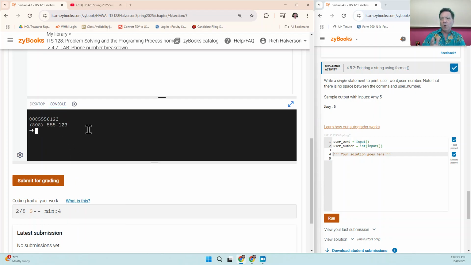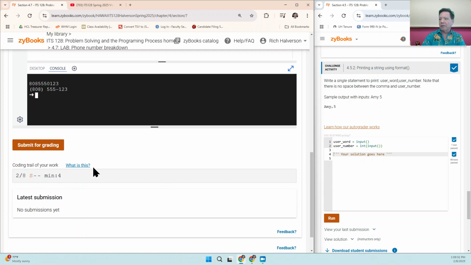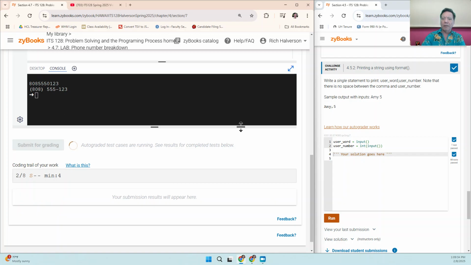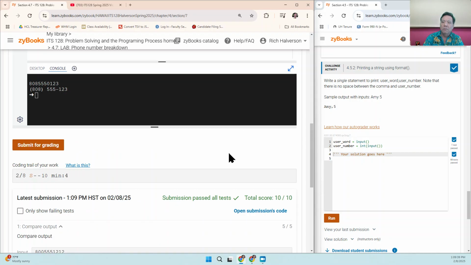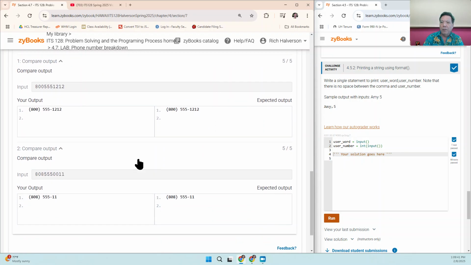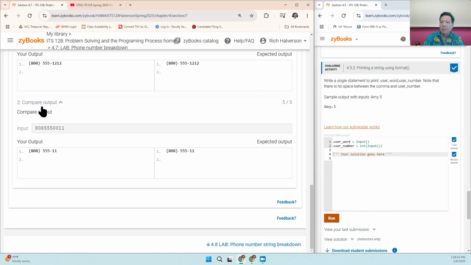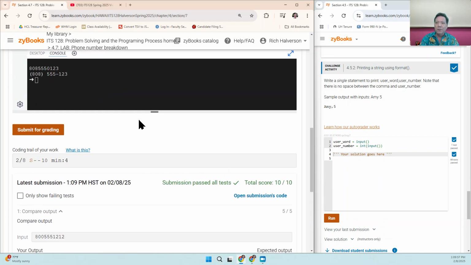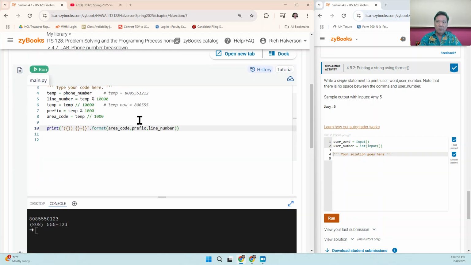Okay, so I want it to display this, and I'll show you why. So I'm going to submit for grading. And I got all the points, and see, does it show me the test case? Yes, here. One of the test cases is the output should look like that. And that means you're using integers, which is what I wanted you to use. But it means you did not use that zero formatted